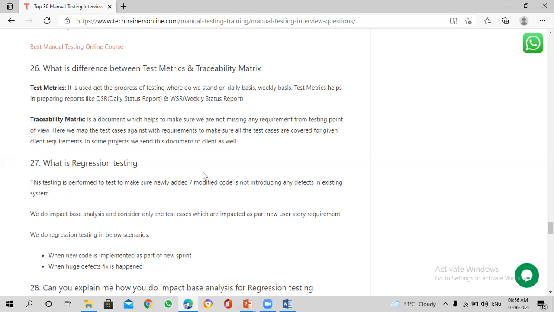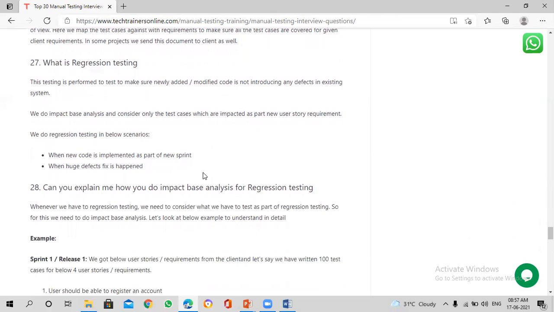So now, whenever the developer is modifying my code or adding new code on top of existing code, how do we make sure the developer is not creating defects in the existing system? Are you getting what I'm saying? How do we make sure the developer is not introducing defects in the existing system which is already tested? It would have an impact, right? So obviously, whenever you are modifying the code, maybe they create a defect. Now, that's exactly regression testing.